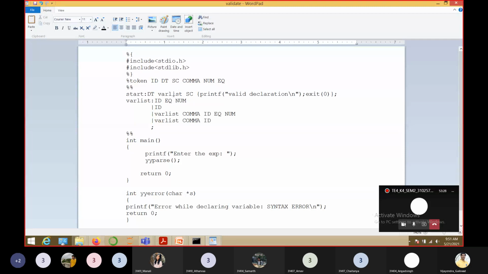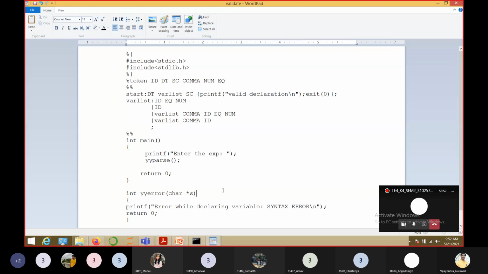Now it will check against the rules that we have specified in the .y file, and if one of the rules is satisfied, it will take the action. Otherwise, it will print the error message. Understood the flow?